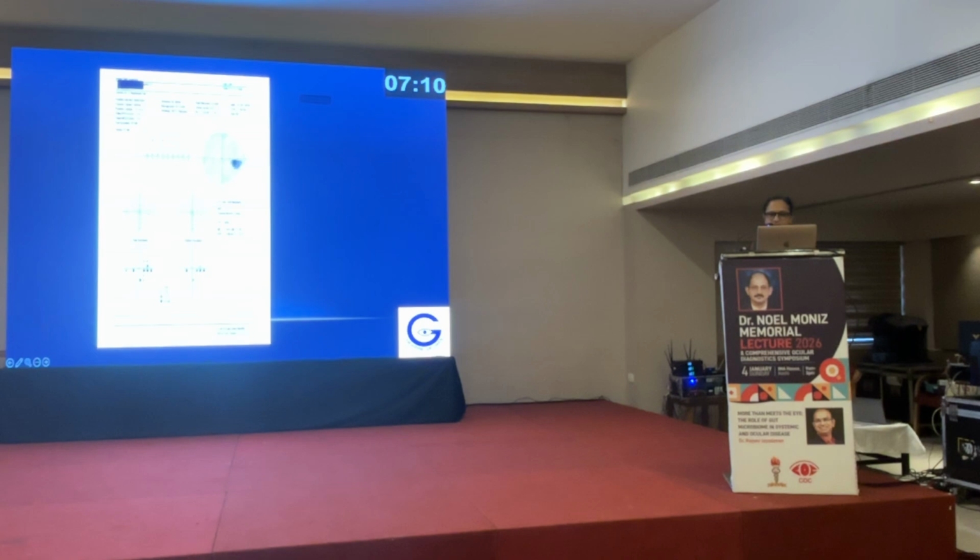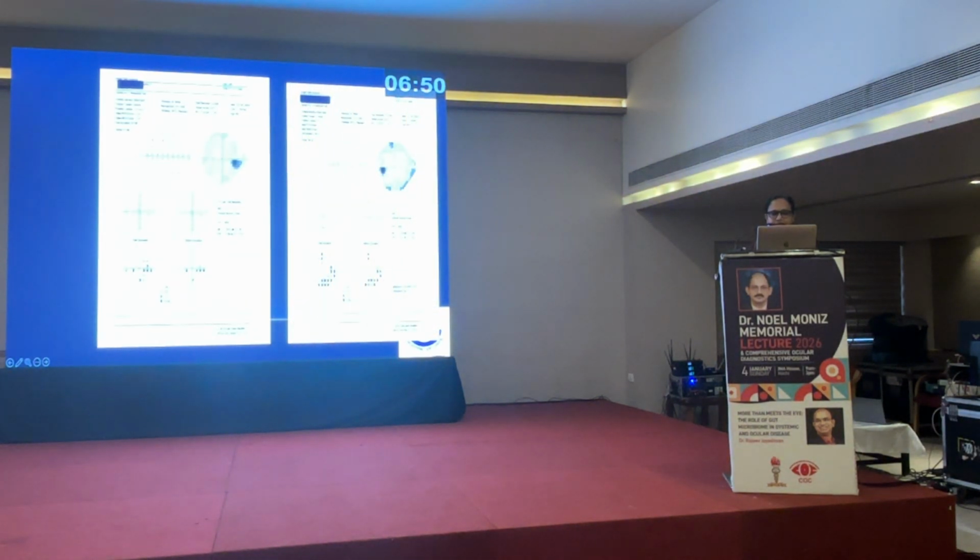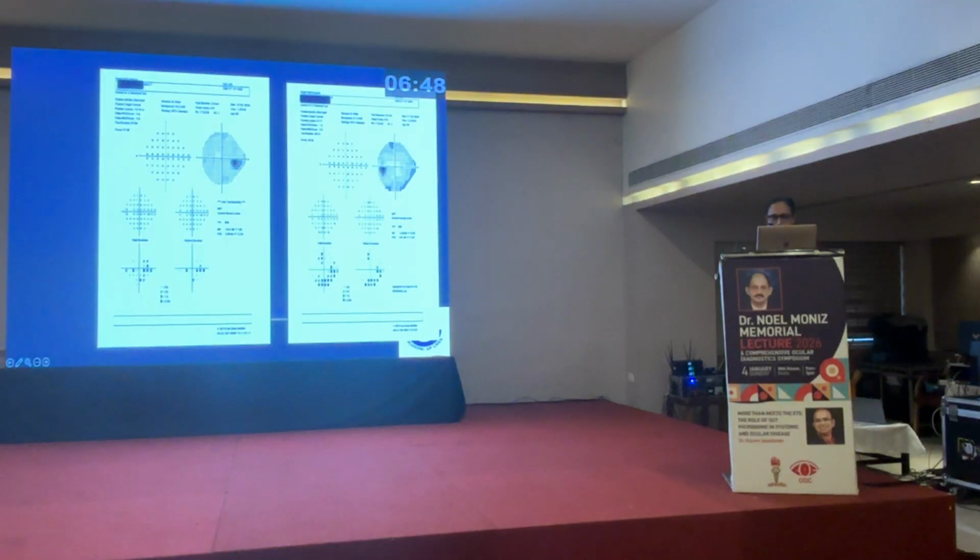This is another field where the fixation losses were very high, actually 14 out of 14. So it is quite rare. When we checked, the blind spot was located wrongly, because it is a left eye field and the blind spot is on the right side. When we corrected it, the reliability became better.